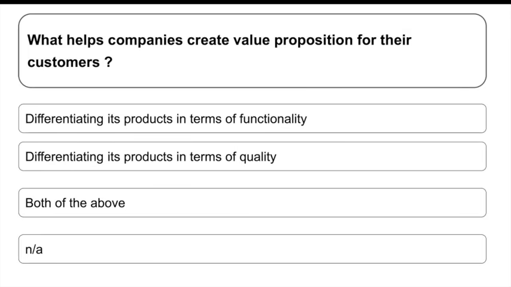Let me give you an example, friends, like how is Mock Test channel creating a value proposition for its viewers. If you look at the content that we post, the contents are recent and are going to help you clear the exam in the very first attempt. Of course, there are many other channels out there. Of course, there are many other websites out there giving you mock tests. But none of them would be providing you the most recently asked questions because we do the inventory shuffle. We update our questions every 2 weeks.